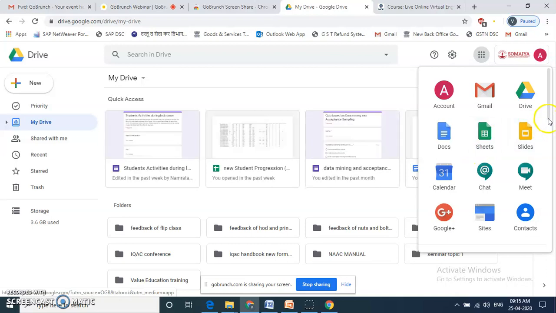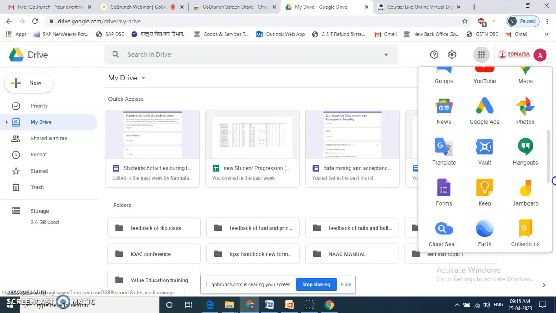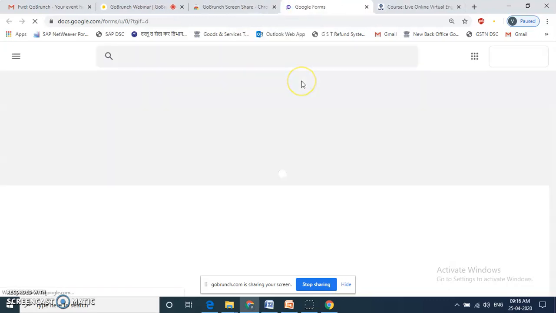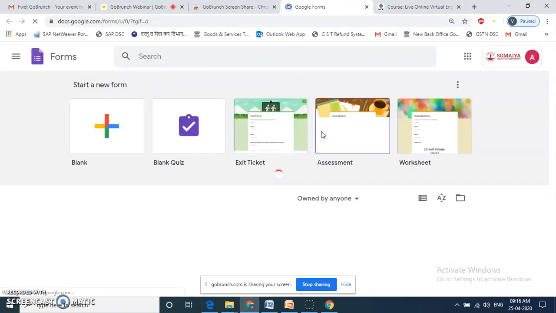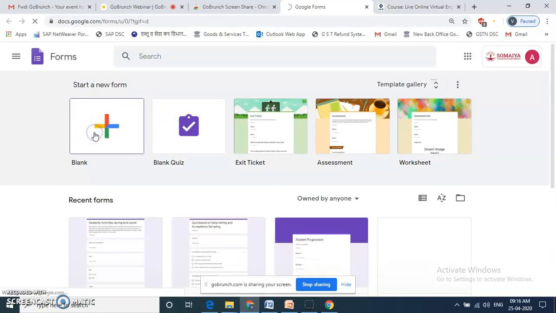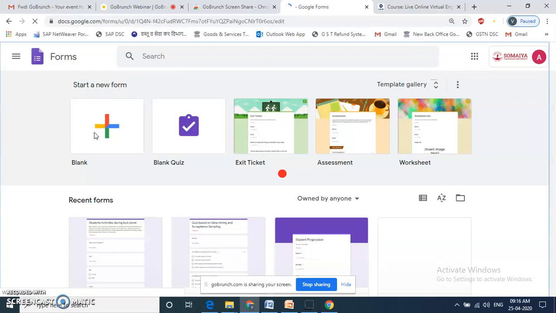In Google Drive you can see Google Forms over here. Since I want to create a new survey, I will start with a blank survey form.